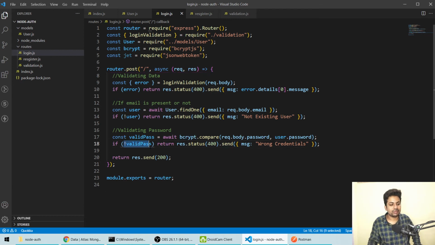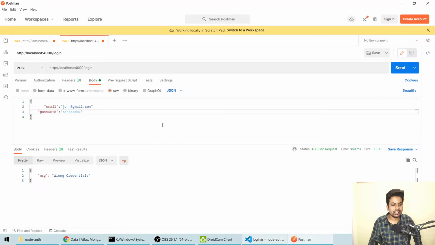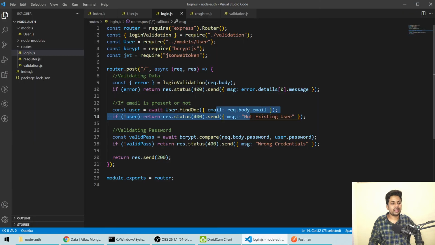As soon as false comes, it will say oh, okay, wrong credentials. But one thing more, if the user is not present, let me change this to John 123. If the user is not present, then it will say not existing user, so it won't come down to the password check, it will just throw an error above only.